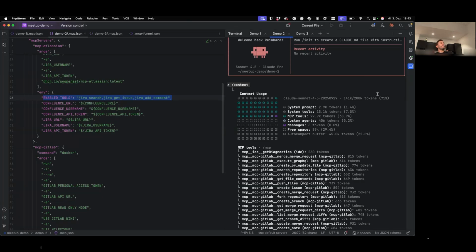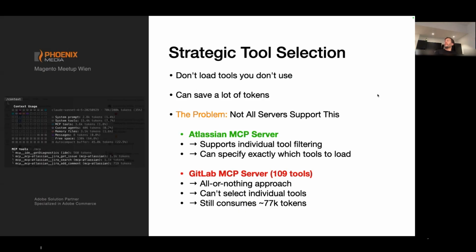GitLab does not provide you with that option. With this MCP server, you don't have the option to set the tools that you want to enable. They are all enabled.